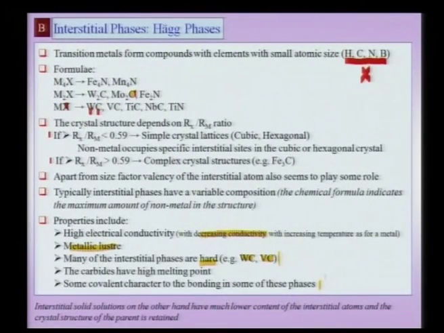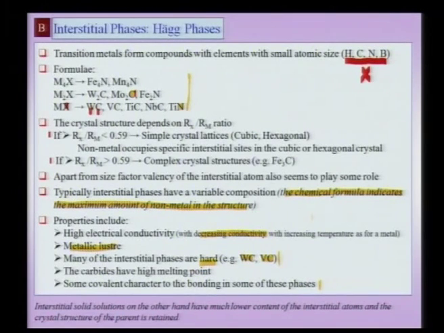These interstitial phases, as I said, have to be very clearly contrasted with the interstitial solid solutions. As you can see from these very many examples, these interstitial phases have a large proportion of the interstitial element. For instance, in titanium nitride, we have about 50% possibility of having nitrogen. Now, again, going along with this composition aspect, we have to note that the chemical formula is indicative of the maximum amount of the non-metal,